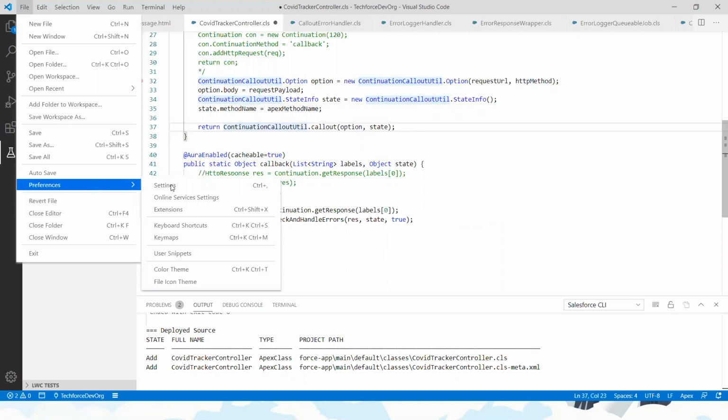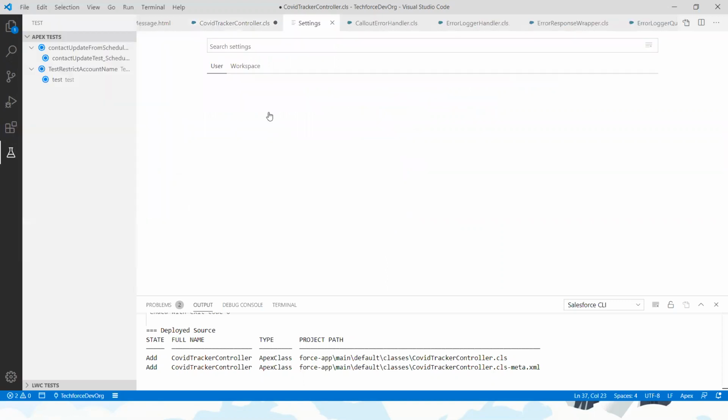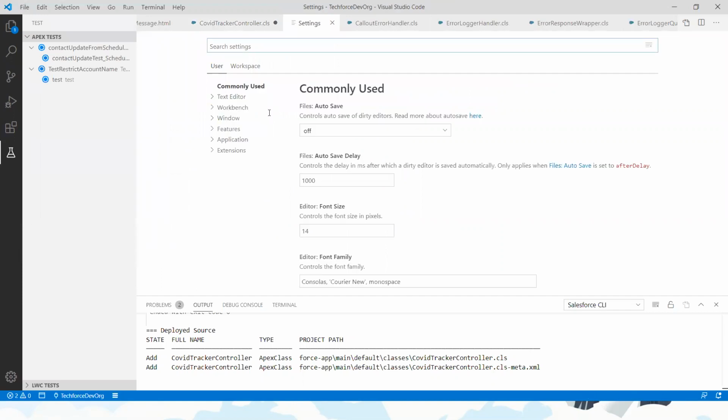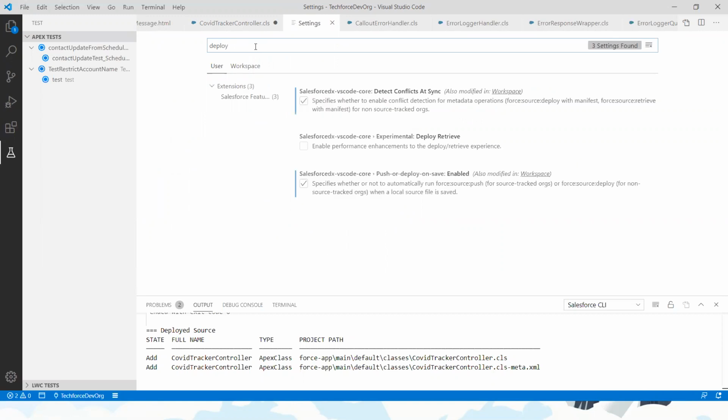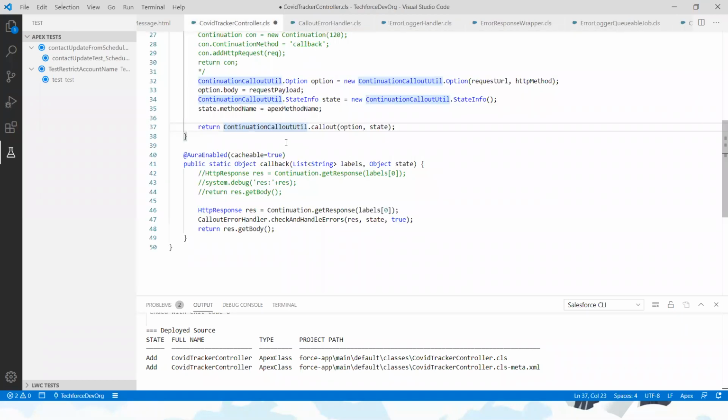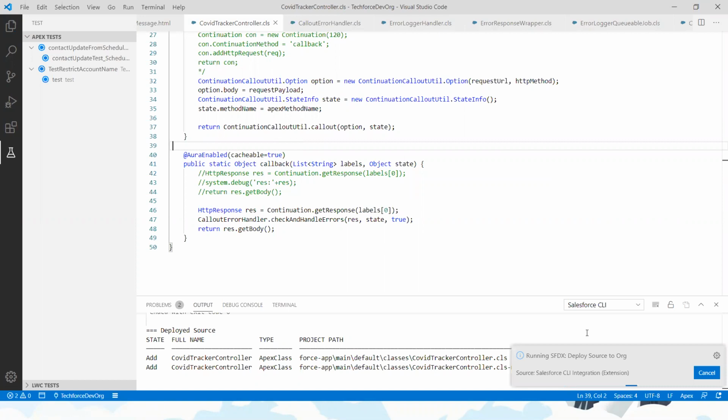Go to the settings and type deploy. Here you can see Salesforce DX VS Code push or deploy on save. Just enable this check mark, and whenever you change your component, either an Apex class or Lightning Web Component, and click save, it's automatically deployed to the relevant org.